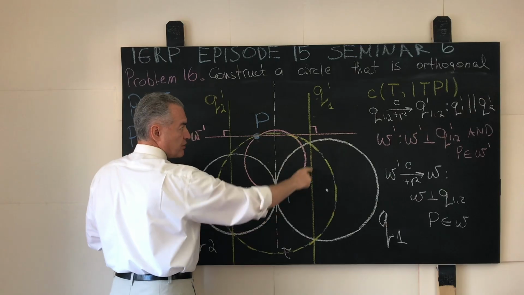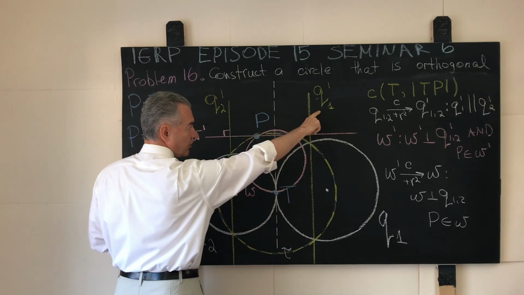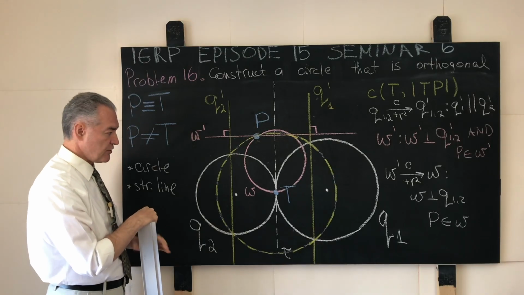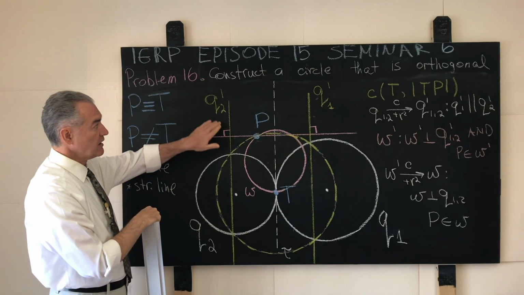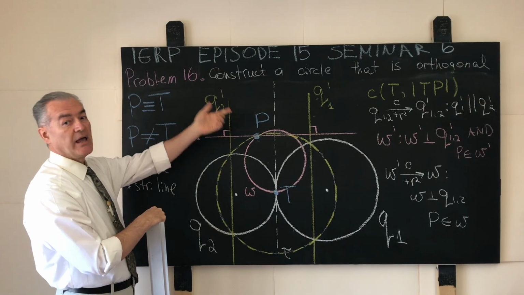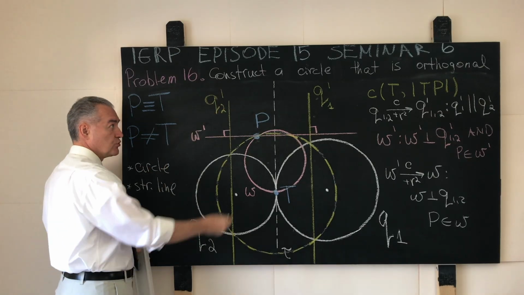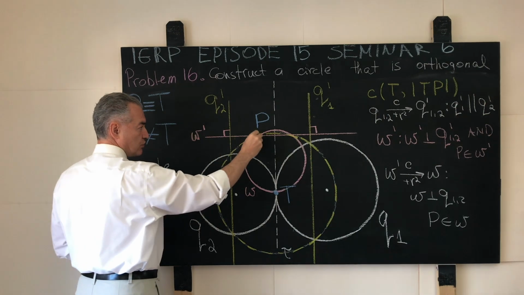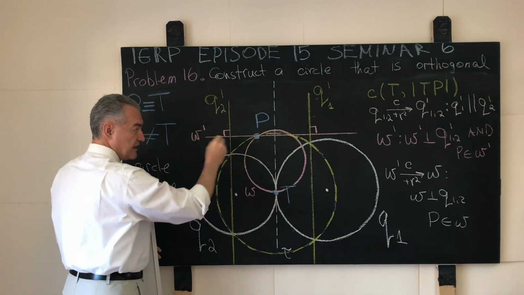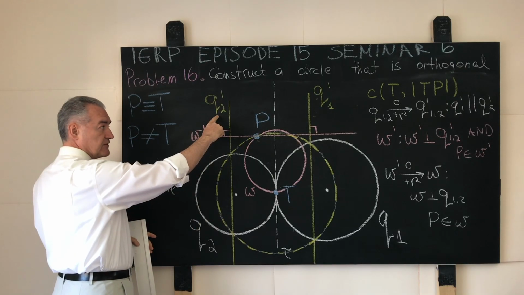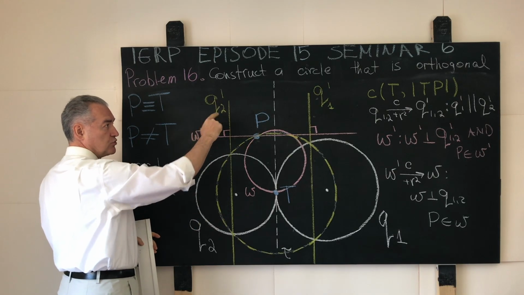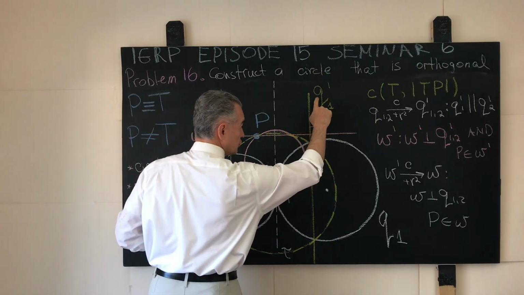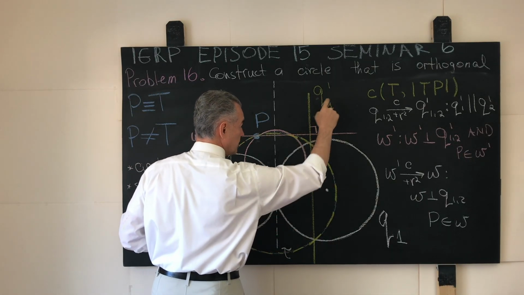Will that circle be orthogonal to the straight line Q prime 1? Sure, it will be. But that circle can never be orthogonal to the remaining straight line Q prime 2. And conversely, if we pick any point on the straight line Q prime 2, say over here, we construct a circle that passes through the point P, that circle will be orthogonal most definitely to the straight line Q prime 2, but it can never in Euclidean geometry be orthogonal to the straight line Q prime 1, and that violates